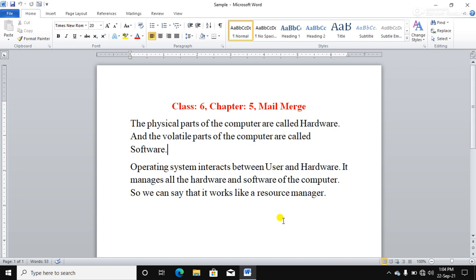So steps to create a main document. Firstly, we will create the mail merge main document, because mail merge is a combination of main document plus data source or recipient list. So firstly, we are going to create the main document. Create a new document and type the letter, or open an existing document that contains the invitation letter that you need to send to different